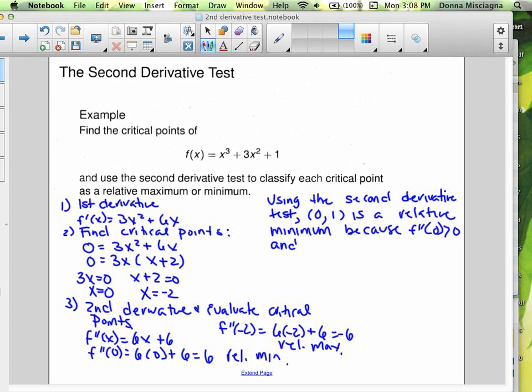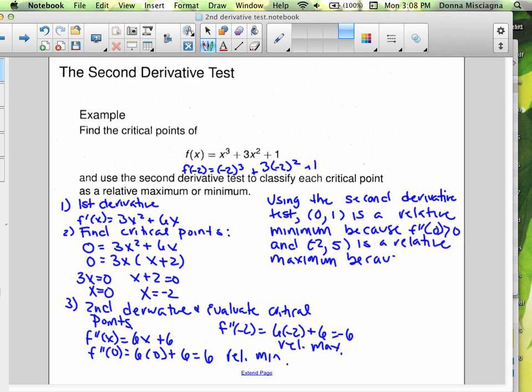And negative 2. If we plug that back in, negative 2 cubed would be negative 8, and 3 times negative 2 squared is going to be 12. So negative 8 plus 12 is 4, plus 1 is 5. So (-2, 5) is a relative maximum